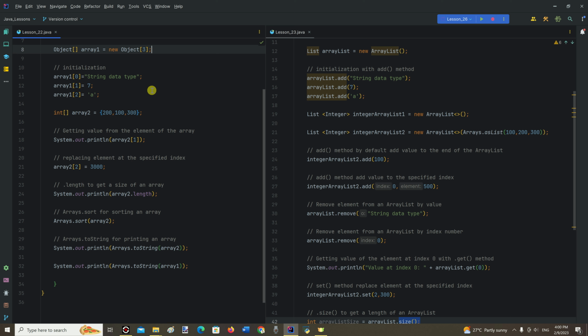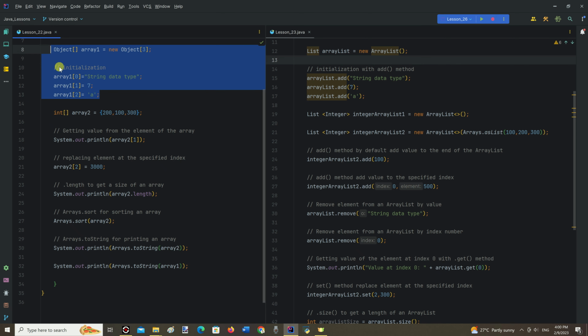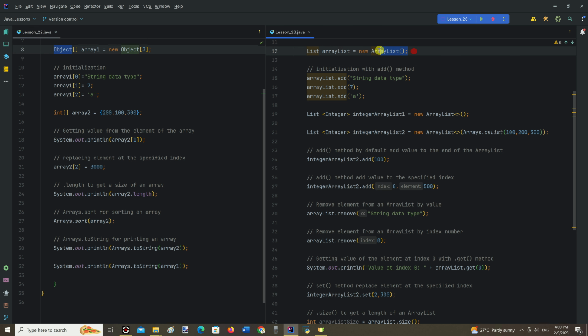After that we cannot change the array size. On the other hand, ArrayList has a dynamically changing size. So, while creating an ArrayList, we may not indicate its size. We can store primitive data types and objects inside an array, but we cannot store primitive data types in an ArrayList. For storing different data types inside an array, we declare the data type as Object. For storing different data types inside an ArrayList, we can do it by default.